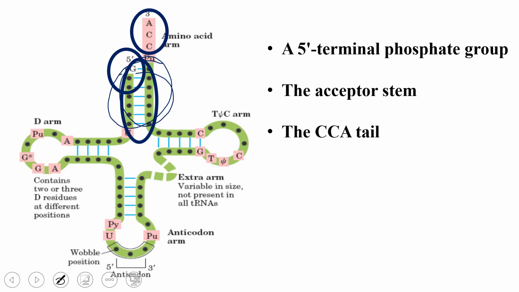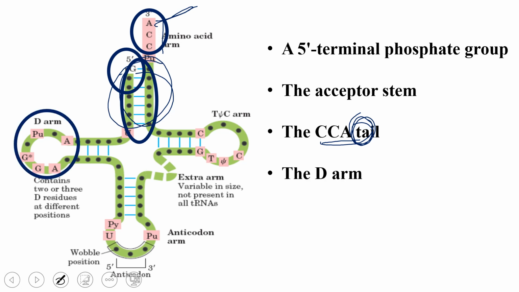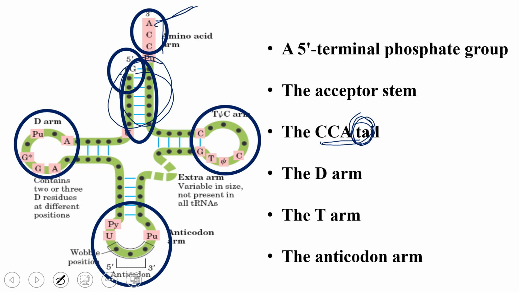On the 3' side, for every tRNA, not just one but all tRNAs, CCA will be there. So on this adenine portion the amino acid will be joined here. So on this terminus we are going to have the amino acid. So this is called the CCA tail or amino acid acceptor portion. Then we have 3 important loops, that is the D arm, which you can see here. Then we are going to see the T arm, T psi C arm or T psi arm, and then this is the anticodon.